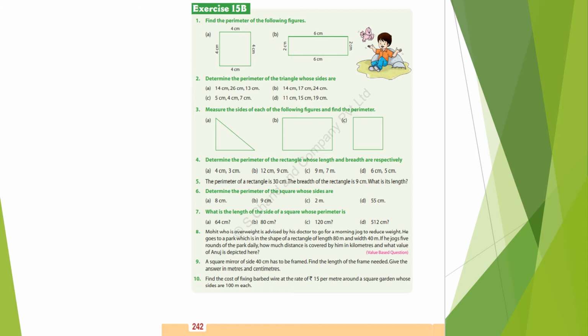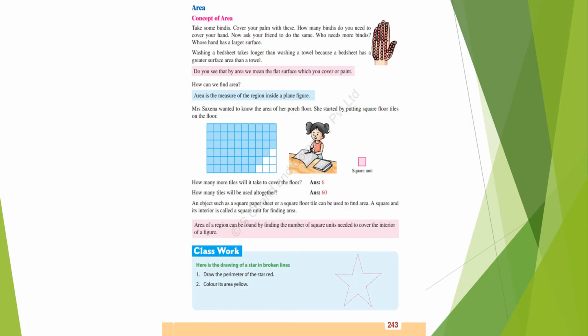So children, by solving this, and in further classes we will take revision. And the concept of area, children, is explained in your book with the help of grid paper. So if you see this, the area of a region can be found by finding the number of square units needed to cover the